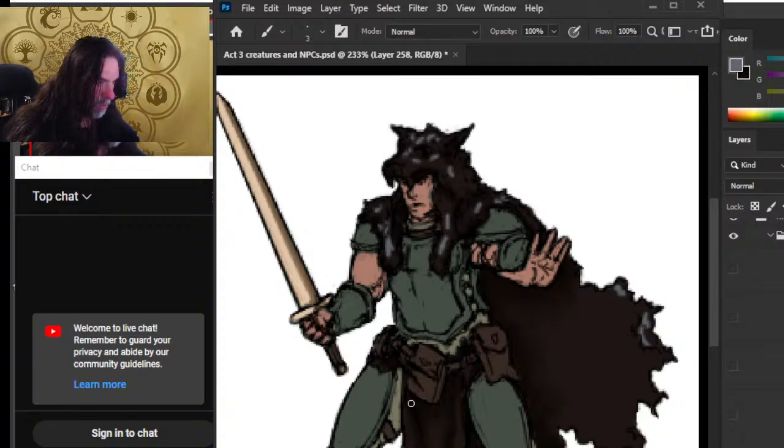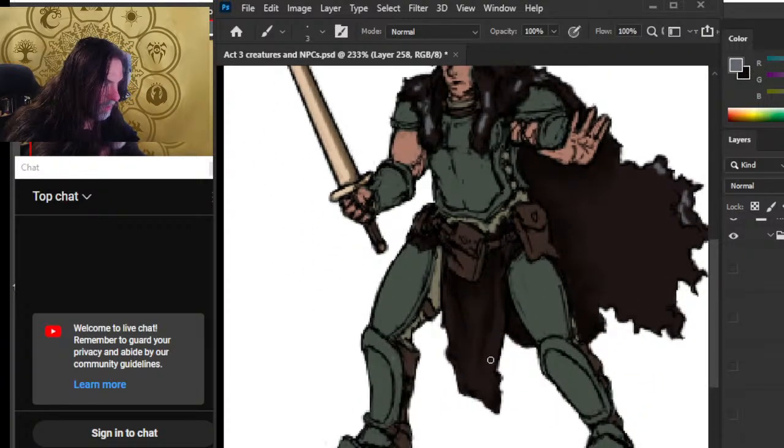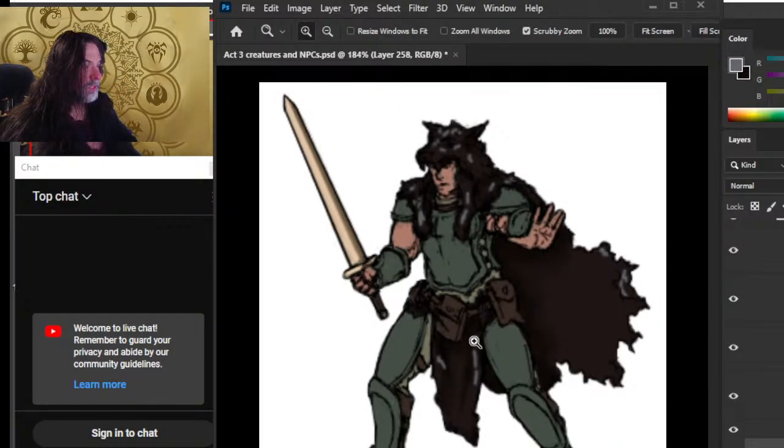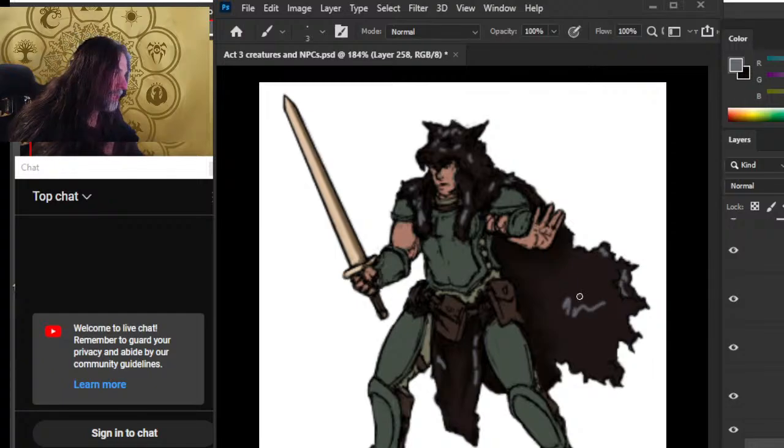That's where we want the highlights to pop. And I can have that drop further down in the dark as it gets further towards the bottom of the page. So just a little bit of highlighting, maybe a little sparkle of light in here. Cool. Okay, let's see if that works.